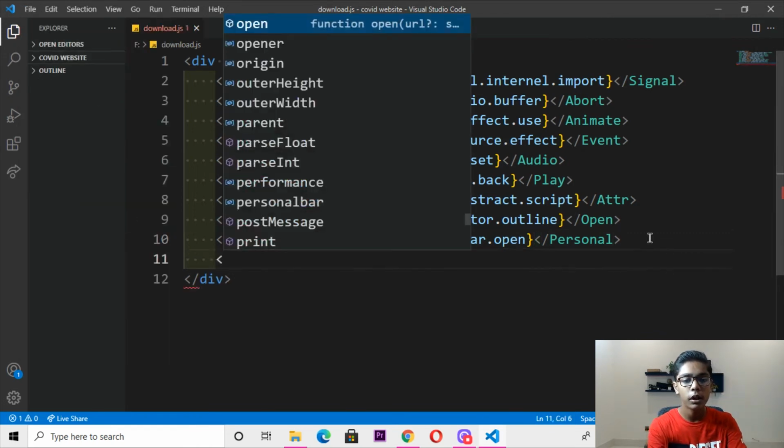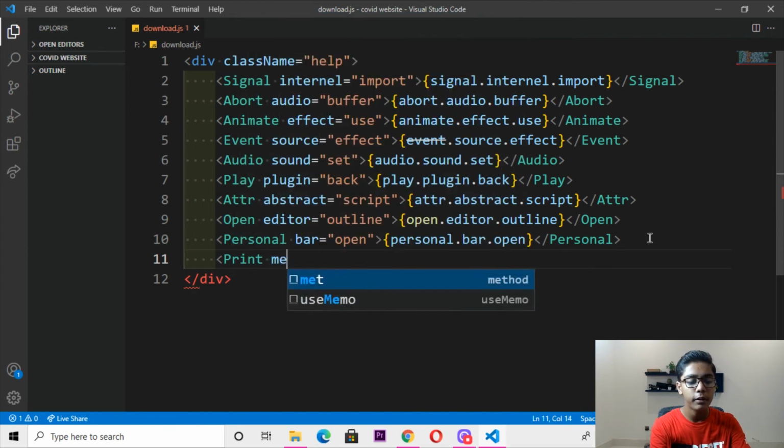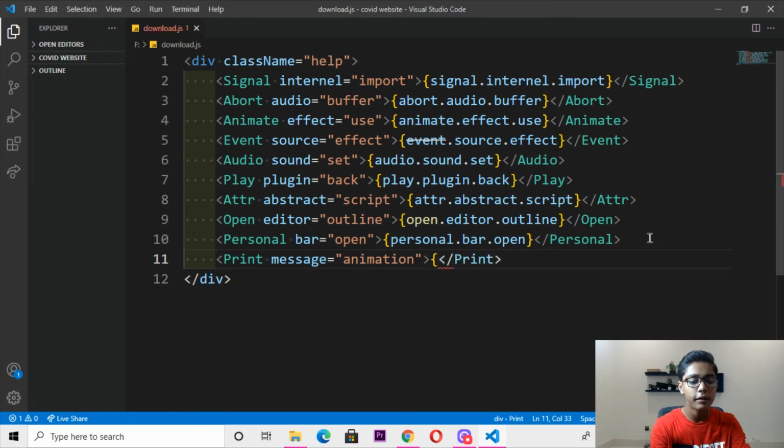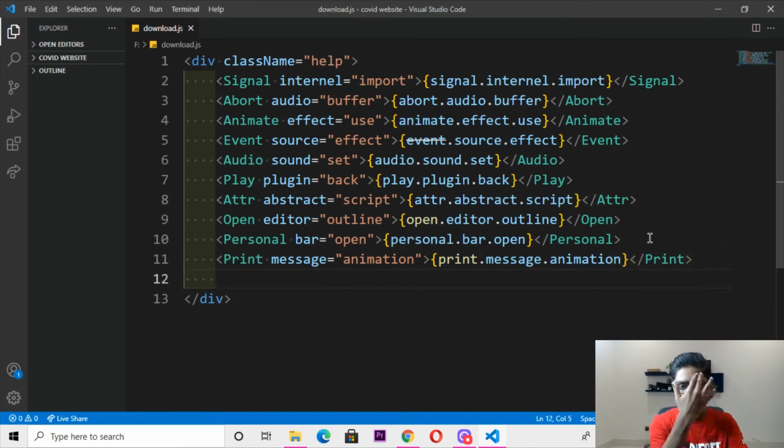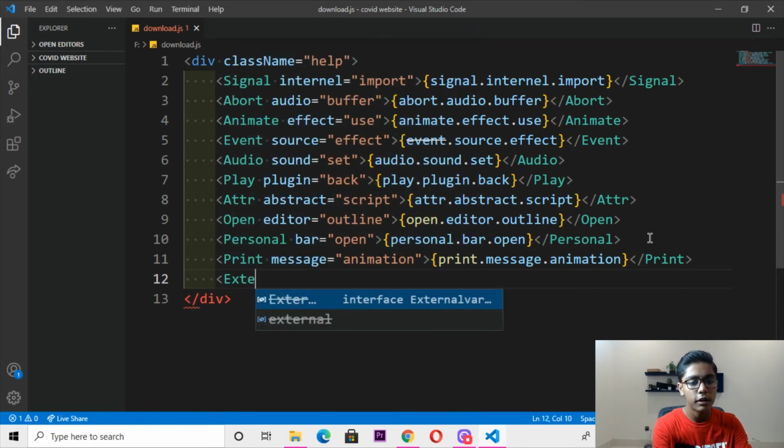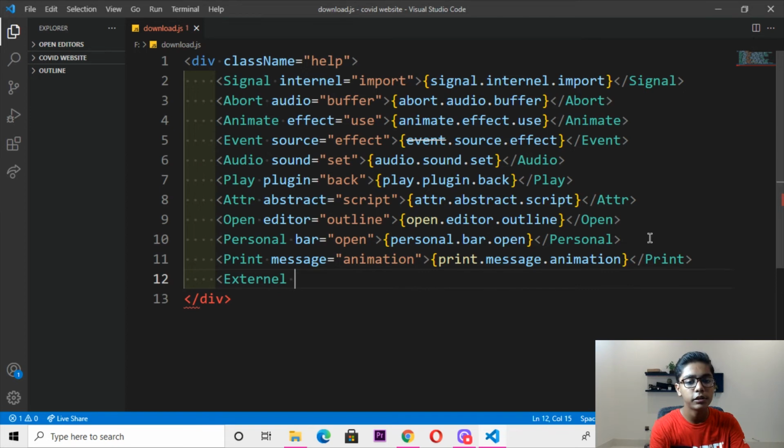And when you've just saved that, you have to move down now. Then write a tag which will be like print message equals to, then just write here animation, close this. Then write a tag which will be like print dot message dot animation, close this from here. Now when you've done with all that, I'll be moving down here and then I will be writing a tag which will be like external,